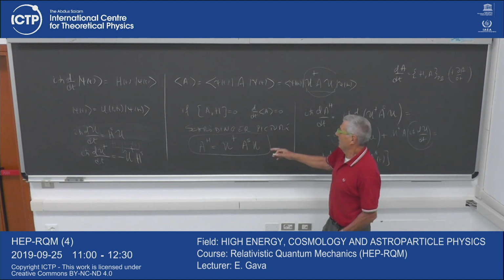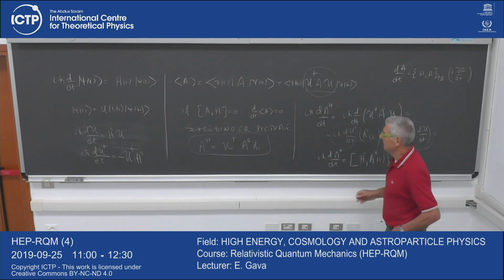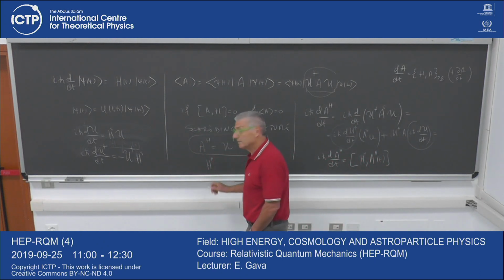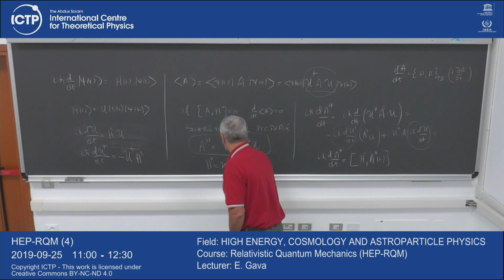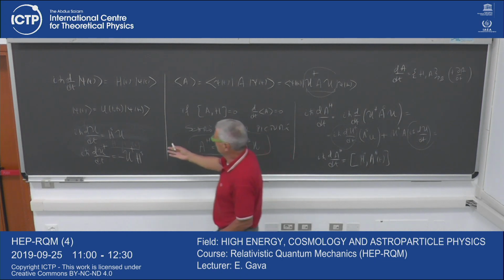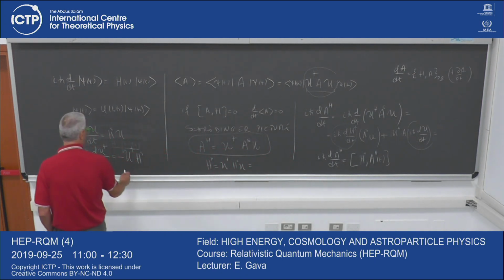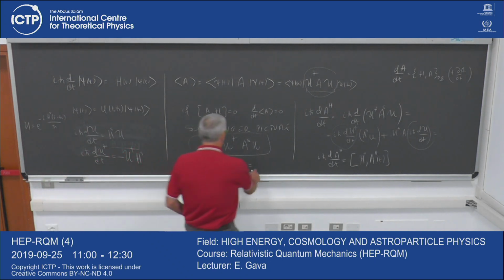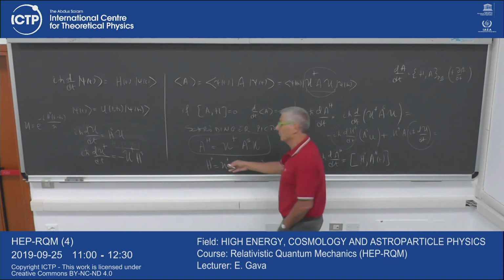In other words, the Hamiltonian in the Heisenberg picture will be U† times the Hamiltonian in the Schrödinger picture times U, right? But if U is the simplest thing that we had, U is e to the minus i H (t minus t0) over ħ, this is just H_S, right? They commute, so you get